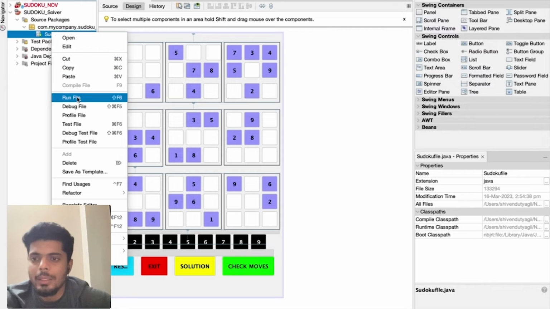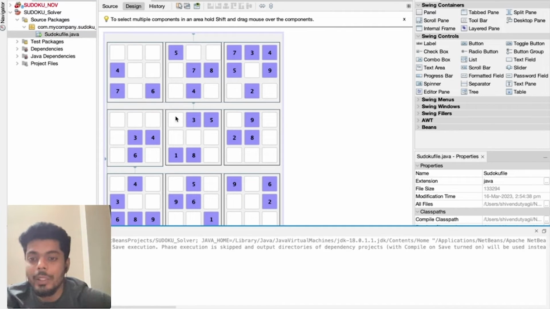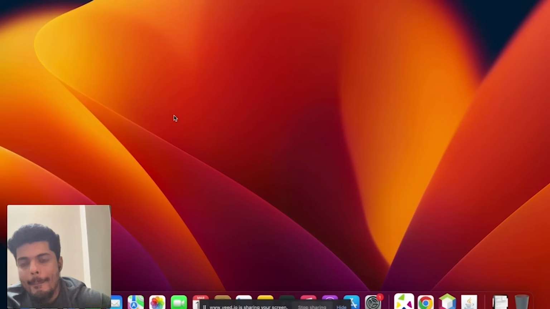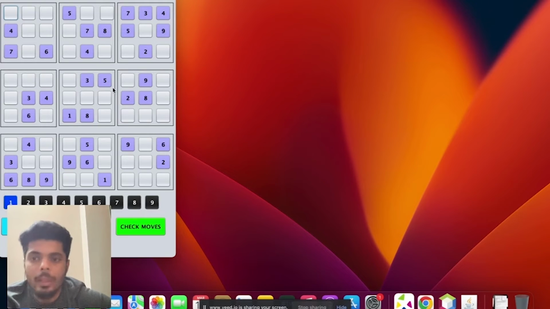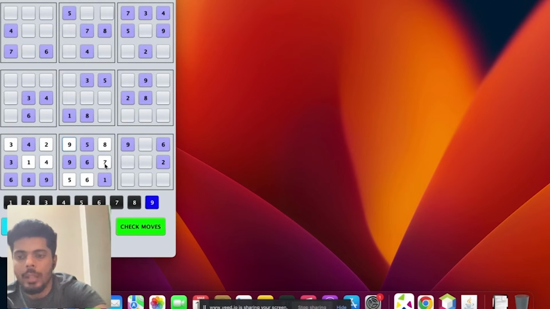Now let's try to run this. Let's see how it looks. Hopefully everything will be sorted. I've still not changed the buttons of this specific row, which we discussed in the last video. See, on the click of any of the buttons, it is getting replaced with the purple color, which indicates that this particular button is selected. Now, if I select 3, I can put the value 3, I can put the value 1, I can put every single value. That's how I can fill up my Sudoku with the value which I want. So this seems fine.